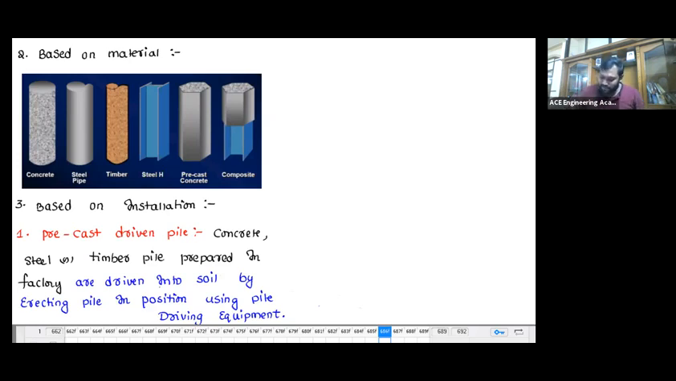And the second one is cast in situ driven pile. So what is meant by cast in situ driven pile, sir? Now, precast I made in factory. Cast in situ means in the field. So I am going to prepare the pile in the field by driving. How, sir? Now a hollow